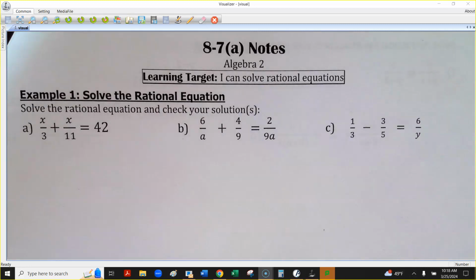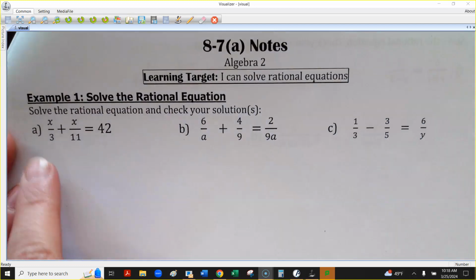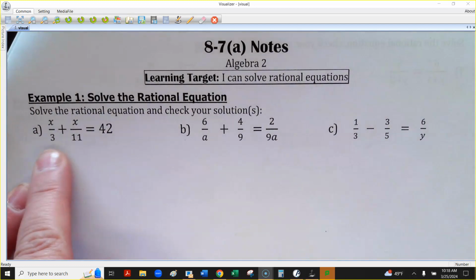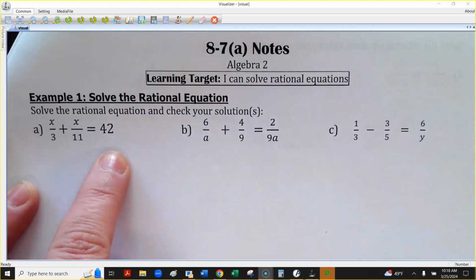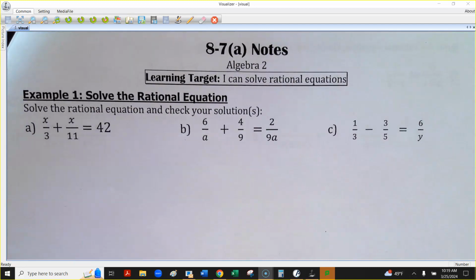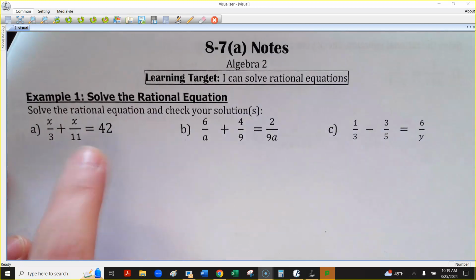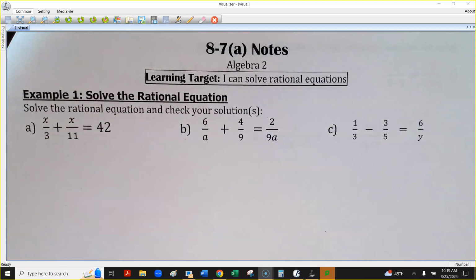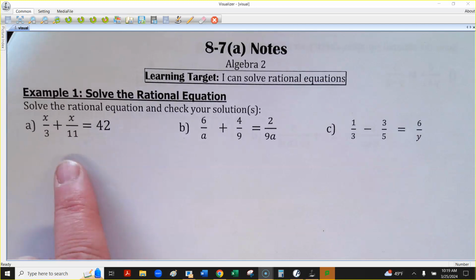Schools of thought on how to solve these. I'm going to try and just tell you the easiest possible way. Now, we don't have any variables in the denominator in this first question. No variables in the denominator. If you don't have any variables in the denominator, which I don't in this very first question, I have